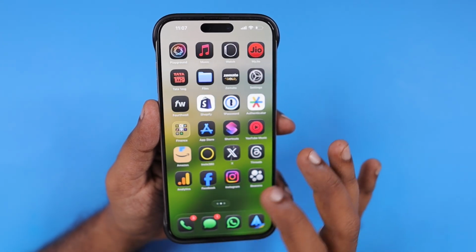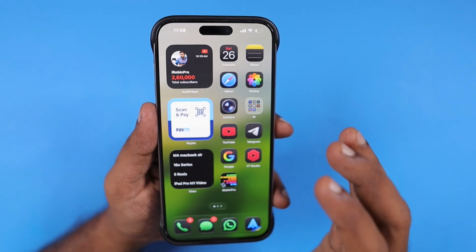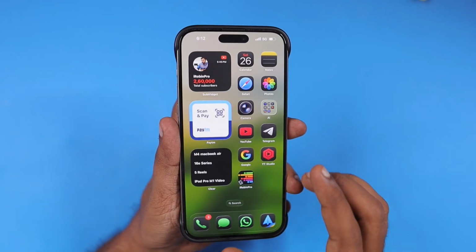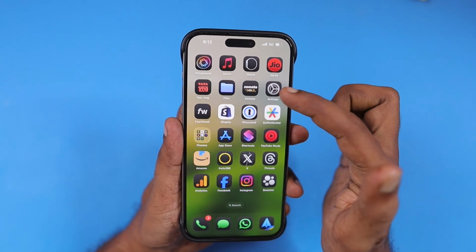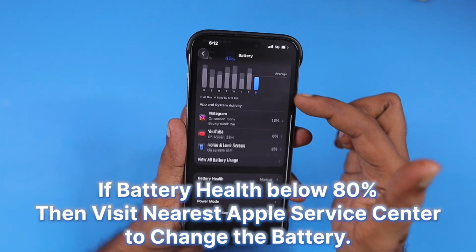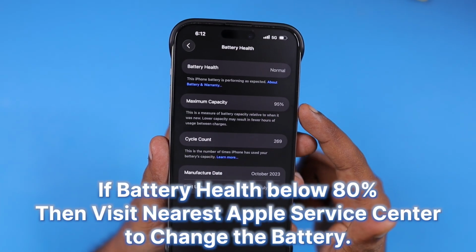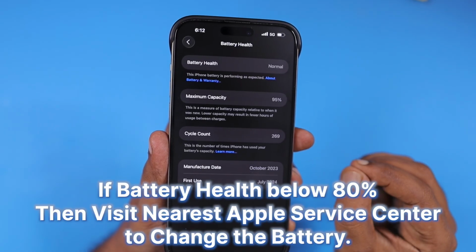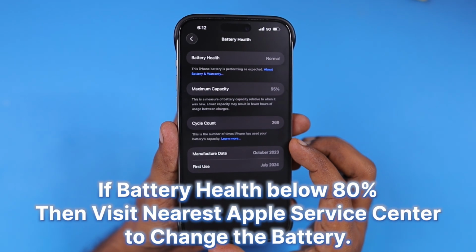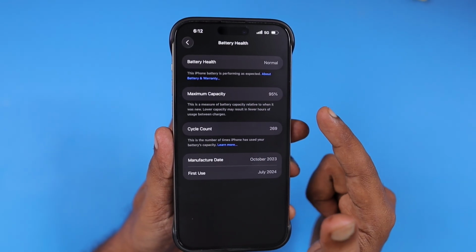So the very first thing is, when it comes to the iOS 26 beta version, it is still a beta version, but it feels a lot more stable. As I said in our previous episode, check your iPhone's battery health. Navigate inside the Settings app, Battery, and scroll down a little bit to access Battery Health, and here you can check the percentage. If it is around 80% or below and you have tried to install the iOS 26 beta version, either public beta or developer beta, this is the main reason for noticing such hangs